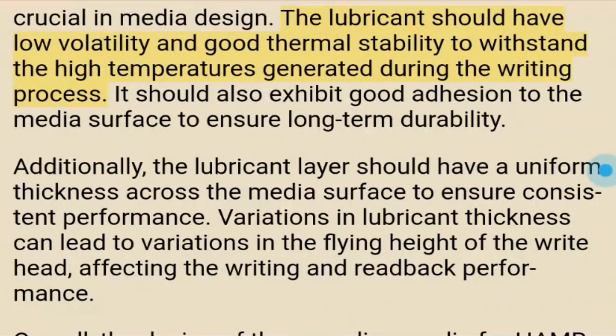The lubricant should have low volatility and good thermal stability to withstand the high temperatures generated during the writing process. It should also exhibit good adhesion to the media surface to ensure long-term durability. Additionally, the lubricant layer should have a uniform thickness across the media surface to ensure consistent performance. Variations in lubricant thickness can lead to variations in the flying height of the write head, affecting the writing and